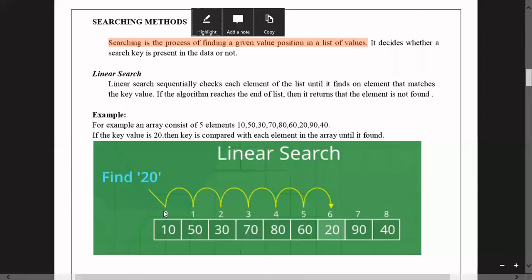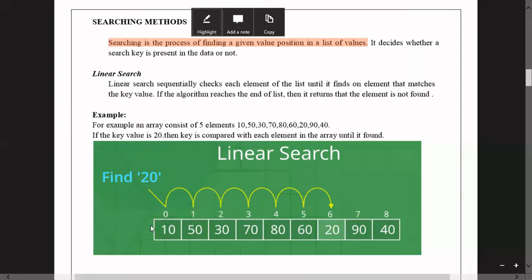The first element's index starts with 0: AR of 0, AR of 1, AR of 2. So 0, 1, 2, 3, 4 up to 8 are the array indexes. AR of 0 value is 10, AR of 1 value is 50. Like that, to represent the elements we use an integer array here.